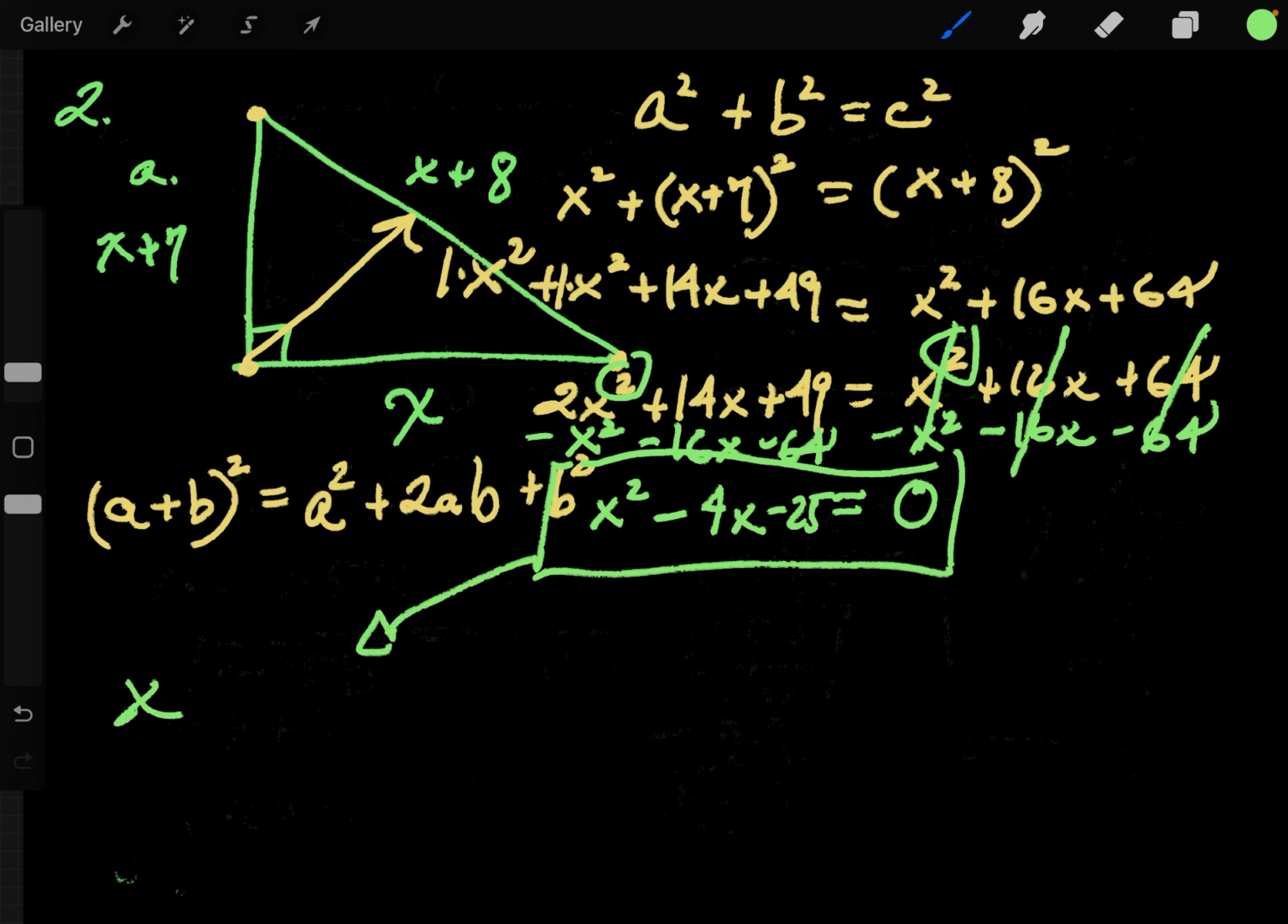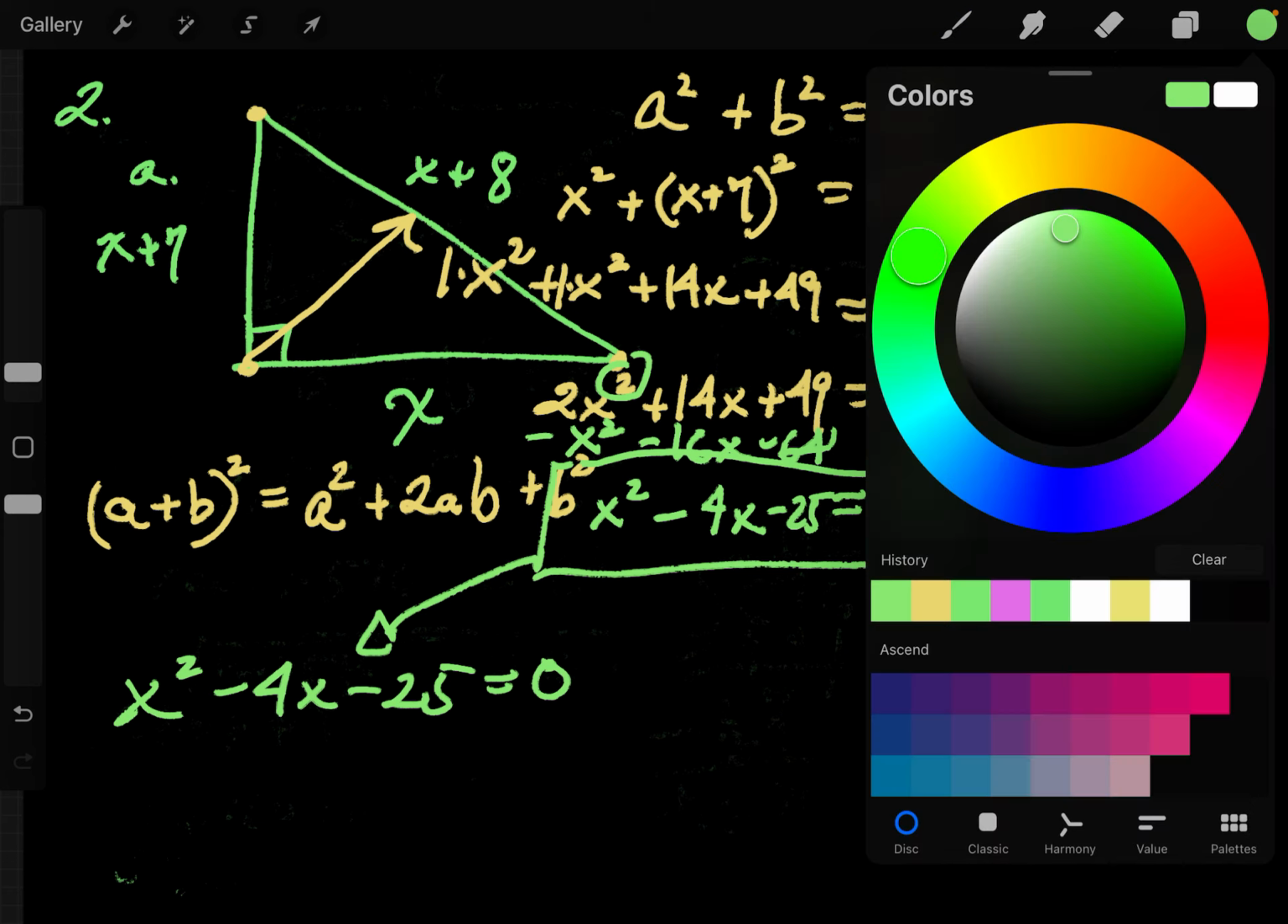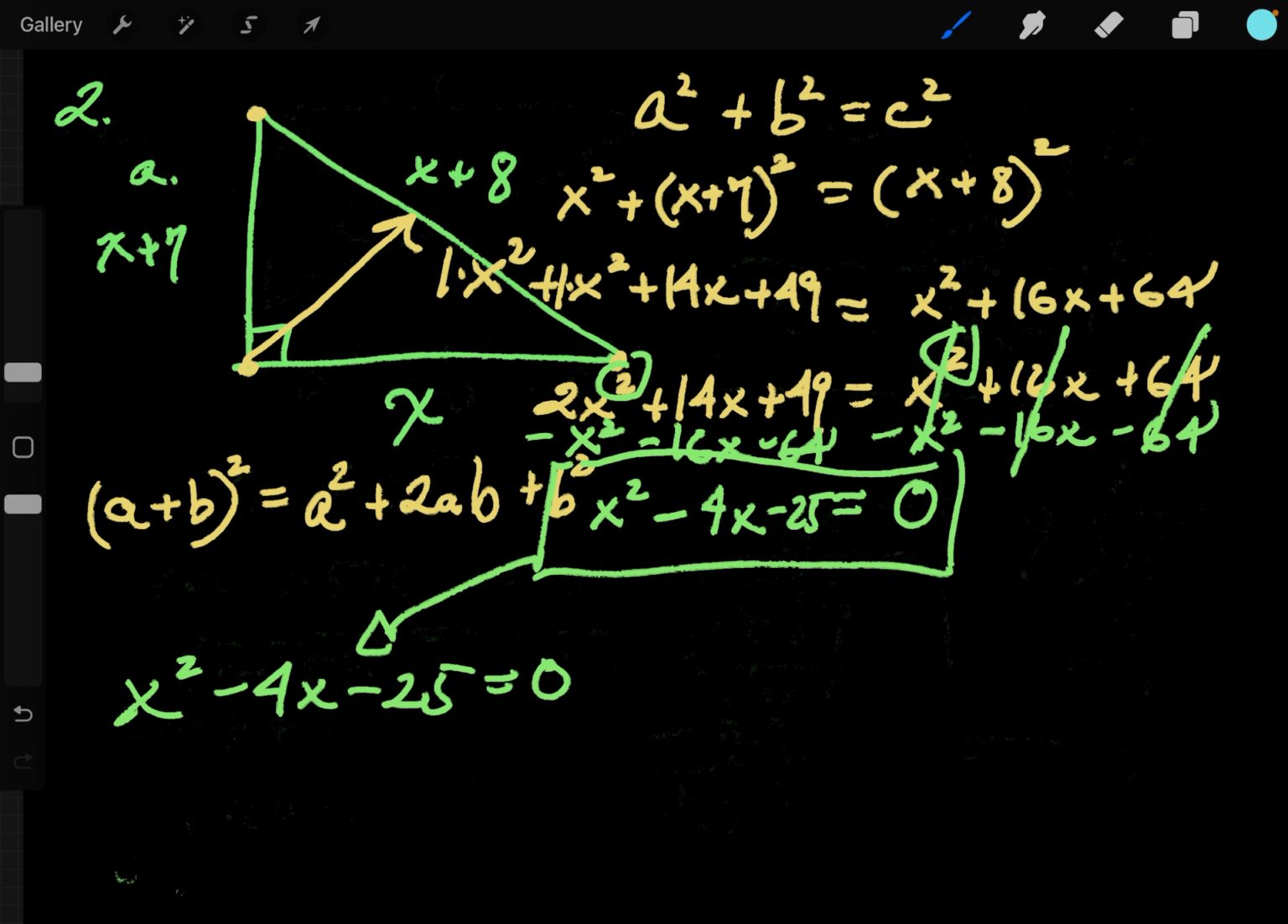You could use the quadratic formula if you know it. You could factor it if it's factorable. Or you could complete the square. There's a whole bunch of methods of solving this quadratic. So here, what's the goal for factoring when this coefficient is